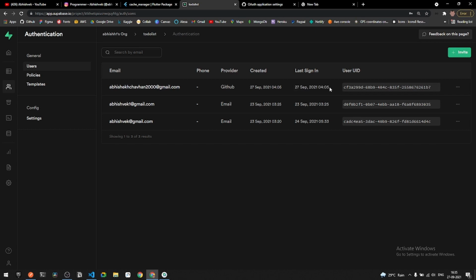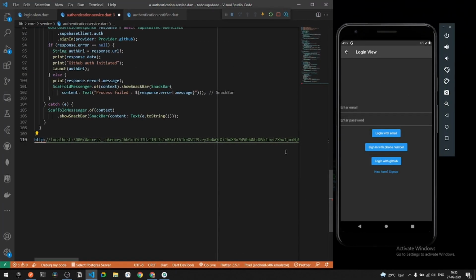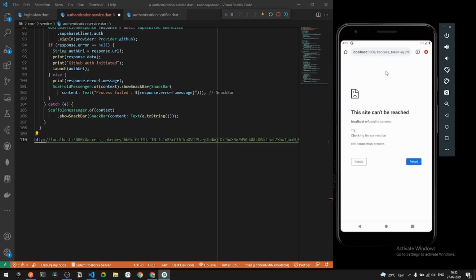Now once we are signed in under the application, we will be automatically signed in again and again. That is, we don't have to sign in under our application again and again once the following creation date is executed. That is, if I go back under my application and if I try to log in with GitHub one more time, now you can see instead of getting that authentication process execution, we will be automatically navigated to our URL. From this URL, we can go back or we can do all of the stuff that we want.